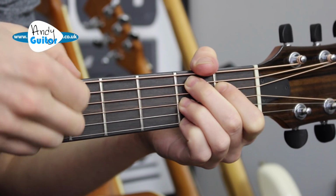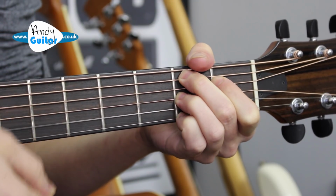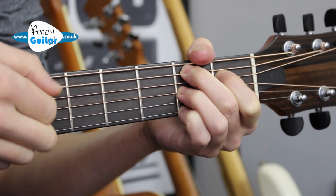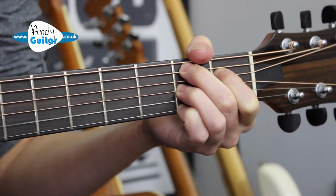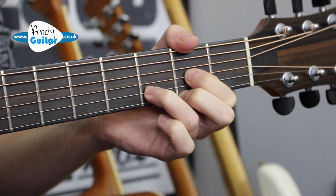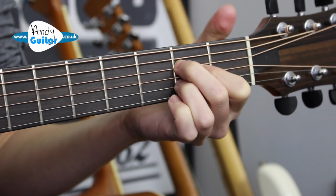And we don't play string 6 because this is the A string and this is a B note. So that's the note that gives the chord its name, and that's the one we will pluck on the pluck, strum, strum. So that second line, the little Lord Jesus,